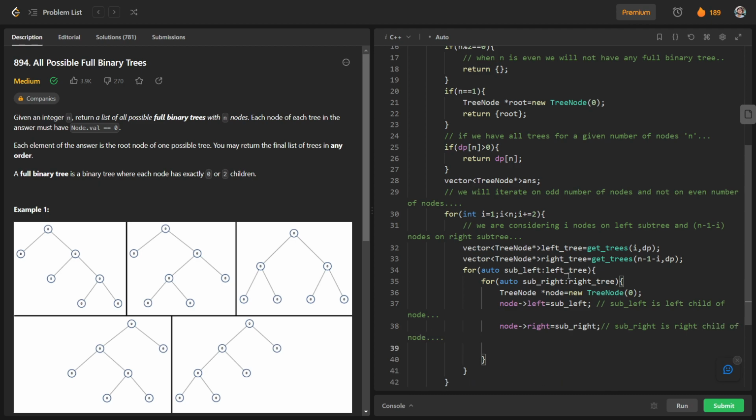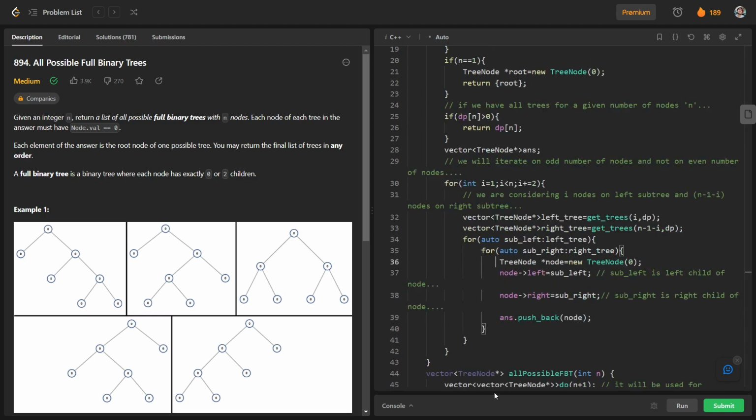And after that we got a particular tree, and we will just store this tree in the answer. So basically ans dot push_back, we will push back this tree, so it is nothing but node. So we got all the combinations.